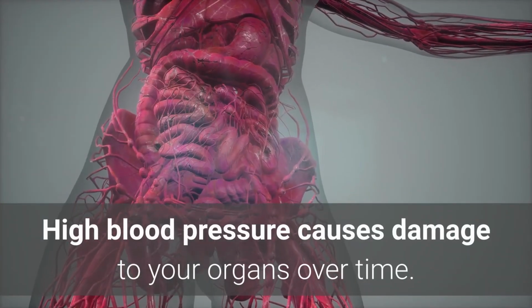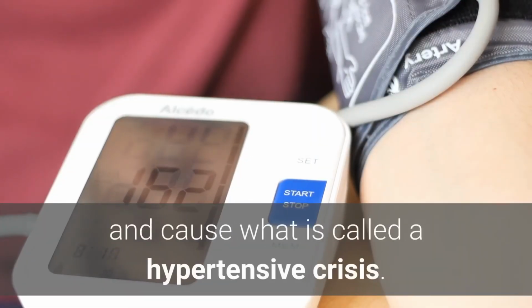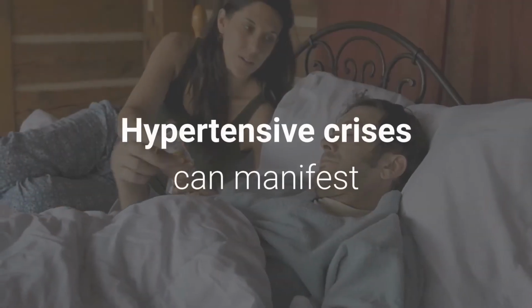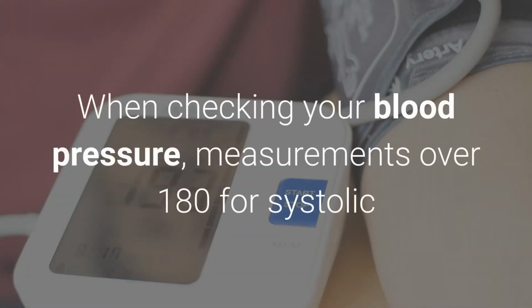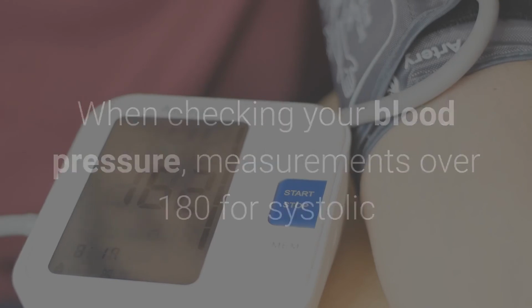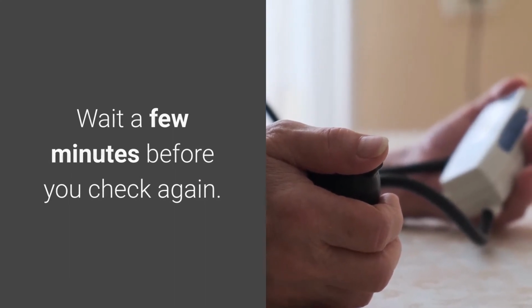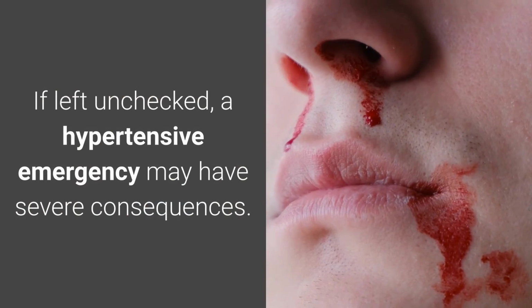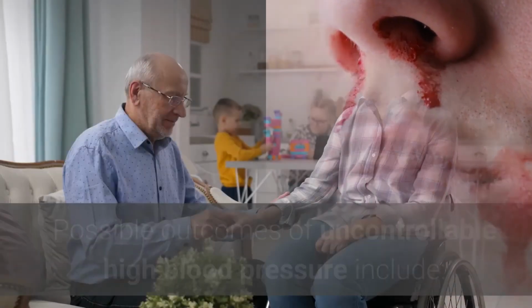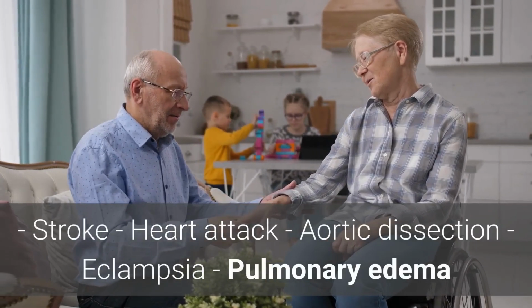When to seek emergency care. High blood pressure causes damage to your organs over time. However, it's possible for BP to rise suddenly and cause what is called a hypertensive crisis. Hypertensive crises can manifest as either hypertensive urgency or hypertensive emergency. When checking your blood pressure, measurements over 180 for systolic and 120 for diastolic are warning flags. Wait a few minutes before you check again. If readings still exceed 180/120, then this is indicative of a hypertensive emergency. If left unchecked, a hypertensive emergency may have severe consequences. Possible outcomes of uncontrollable high blood pressure include stroke, heart attack, aortic dissection, eclampsia, pulmonary edema,